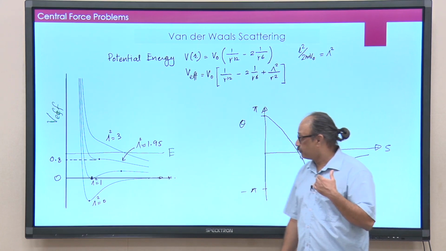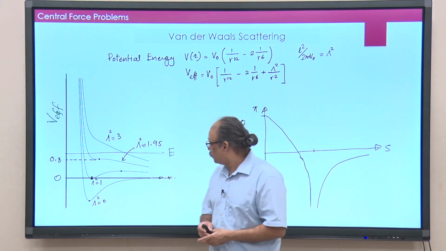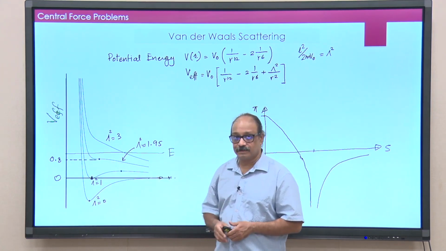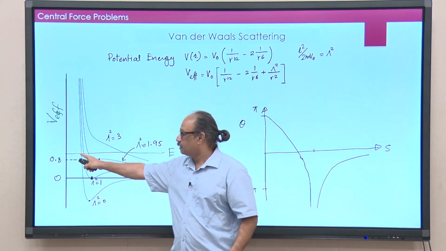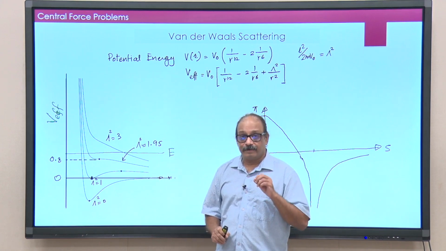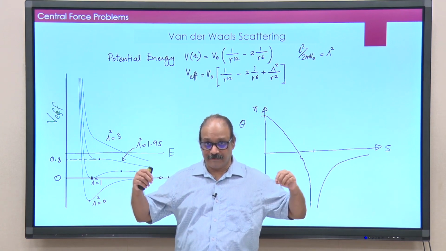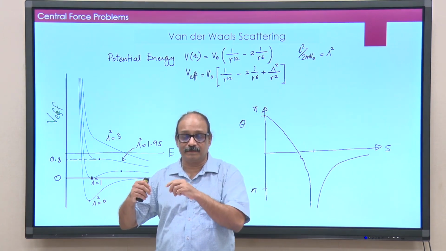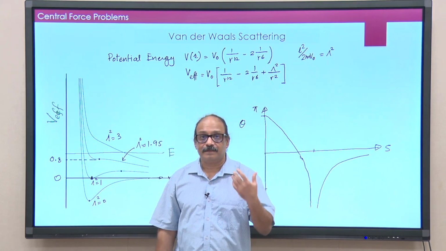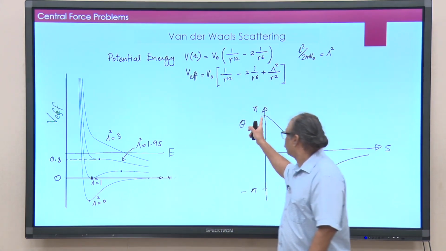So, when you have, for example, L equal to 0, you have a case like this, where the particle comes in and has a turning point and goes back. But look, L equal to 0 means the particle is actually travelling along the axis directly towards the scatterer. Somewhere on the way it is going to turn back. It is a back scattering. If it is a back scattering, what is the scattering angle? That is in fact plus pi.